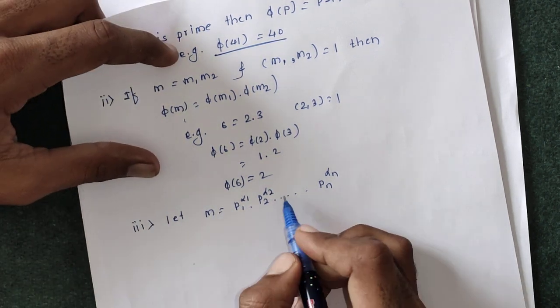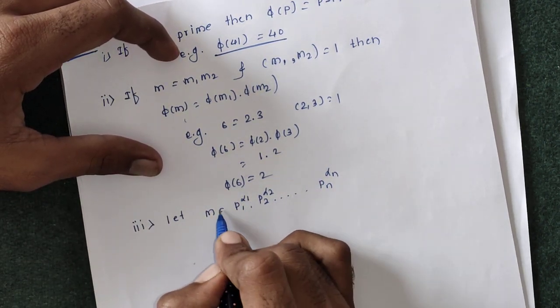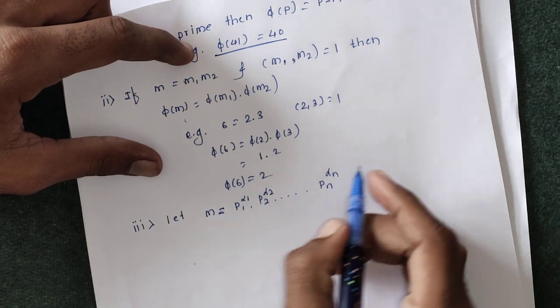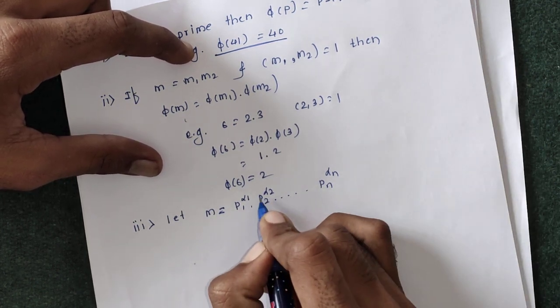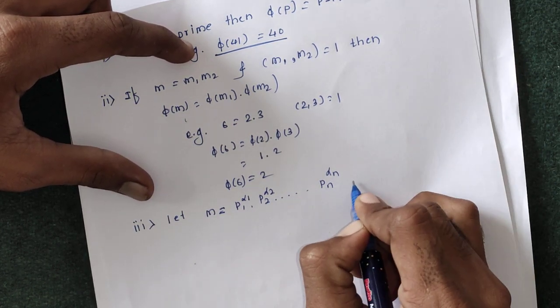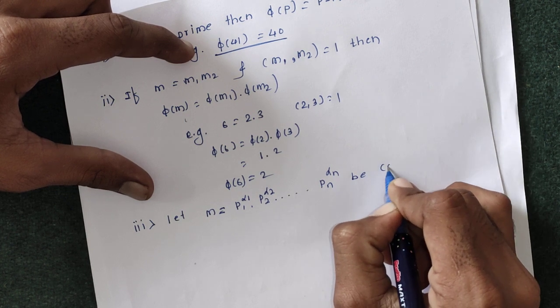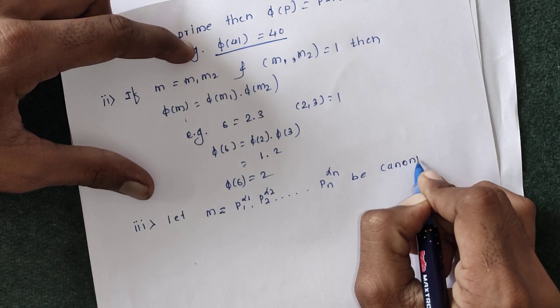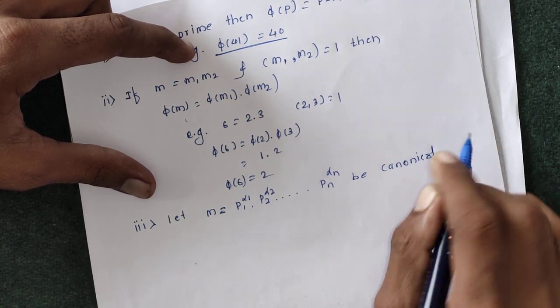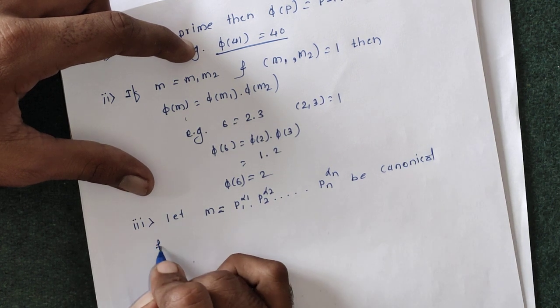So we write this canonical factorization. Let m can be written in the canonical factorization, then let m is equal to p1 raised to alpha 1, p2 raised to alpha 2 up to pn raised to alpha n be a canonical factorization of m,